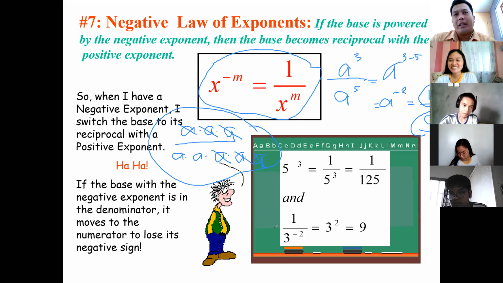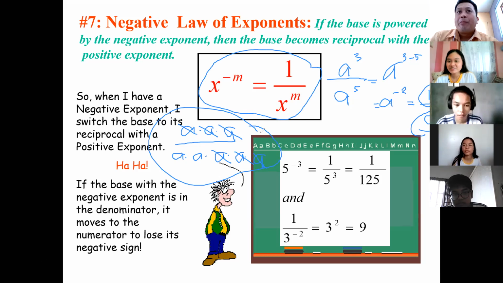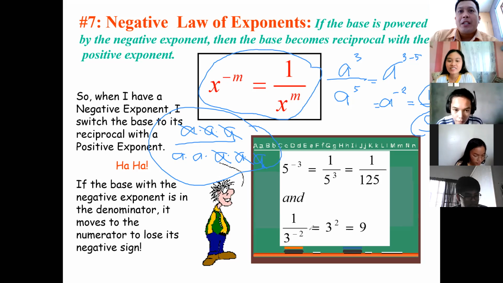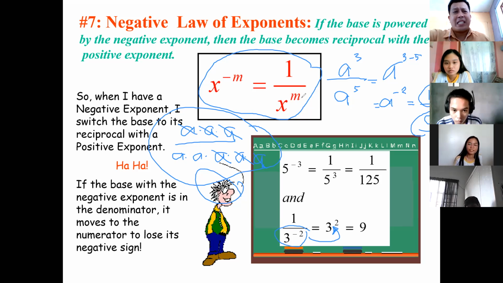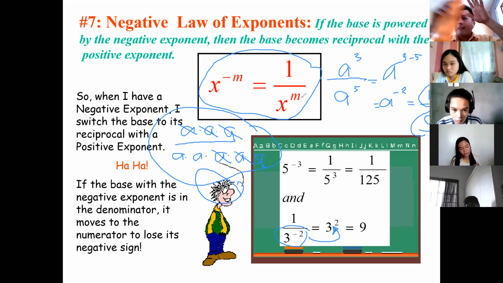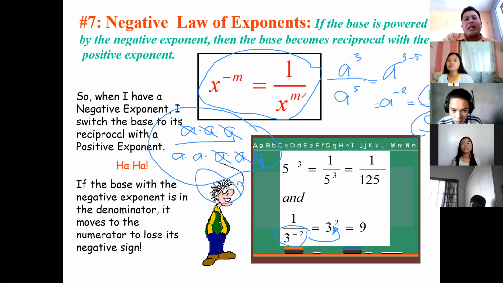We should not be confused here. X to the power of negative expression like this one can be made positive if you put it in the numerator. So this is the understanding: if the exponent is negative, just switch to its reciprocal to make it positive. If negative, make it a denominator to become positive. If the negative exponent is in the denominator, make it a numerator so the exponent becomes positive. That's all.